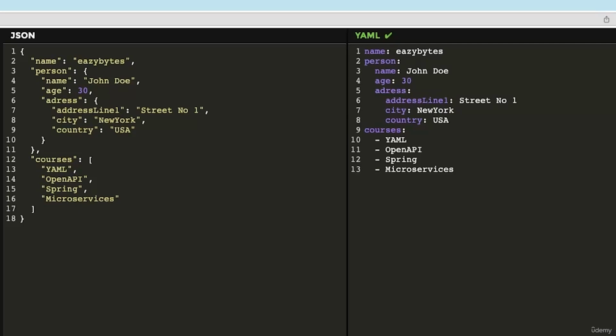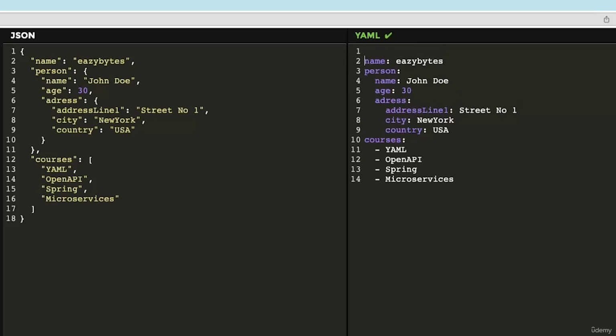Like YAML supports writing comments inside your YAML file, whereas JSON does not support writing comments inside your JSON file. So writing the comments inside YAML file, we can easily do that with the help of hash. So once you mention hash, you can write the comment saying that sample YAML file. So if you see here, the same comment is not converted into a JSON structure because JSON doesn't support that